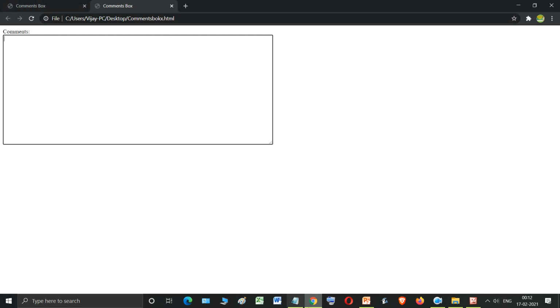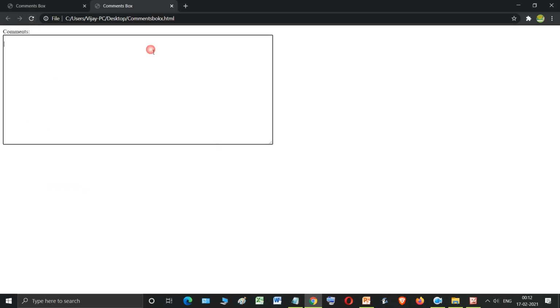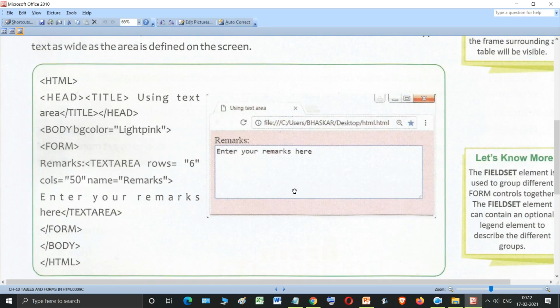Okay, now before typing here, we need to delete whatever is written by default. Okay, if you want an empty box, then just remove whatever is written over here and then save it, and you will see that nothing will be written here. Now you can just type anything, okay, in multiple lines over here. Okay, students. So this is how you create a multiple line text box. I hope you understood this particular concept. Okay, students. This was very easy.